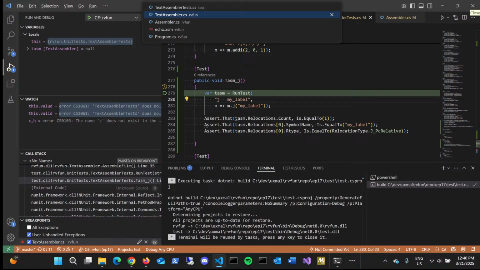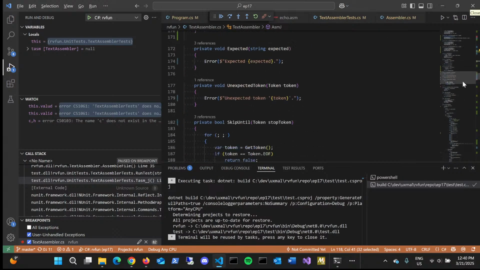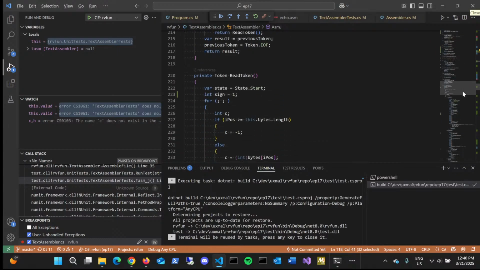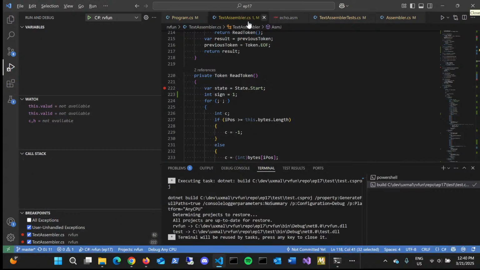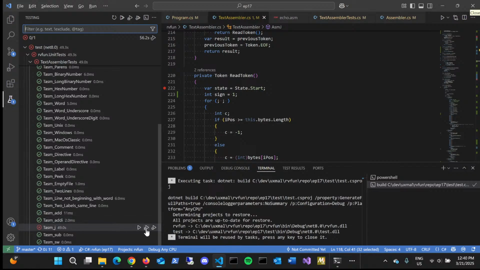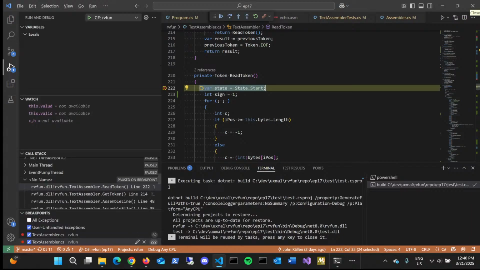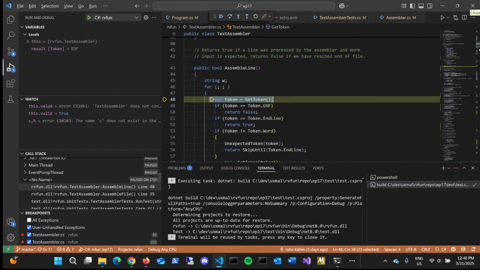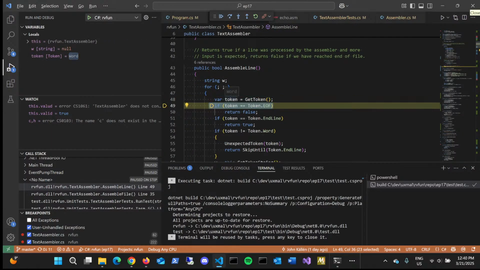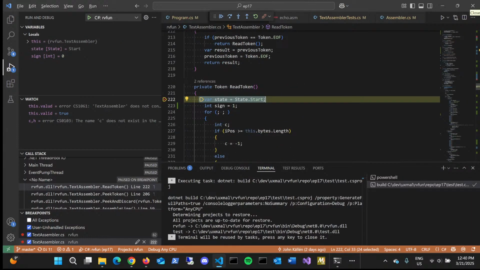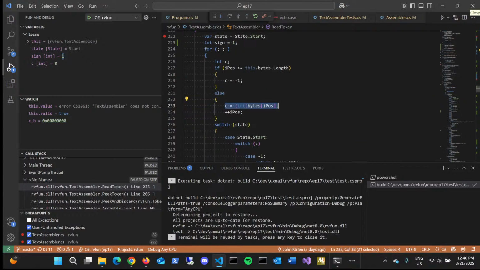Alright, so maybe there's something wrong with our tokenizer. So let's put a breakpoint on get token or read token. Let's see what's going on here. So let's stop, go back to our test, run it again in the debugger. Let's try to figure out why it's so unhappy here. So here is the first token. That's going to be a jump. So after reading that first token, our token is a word, and the word is a simple J. Good. Now the next token is being read, and that token is